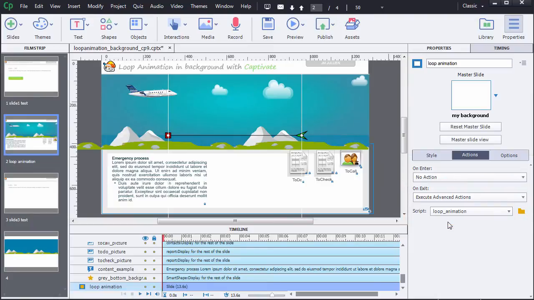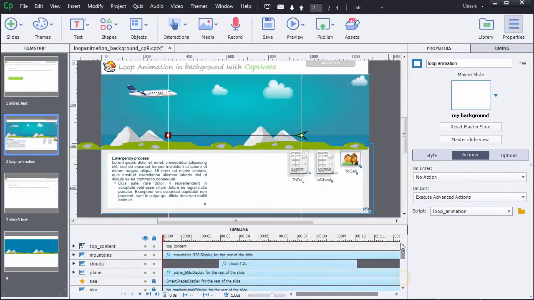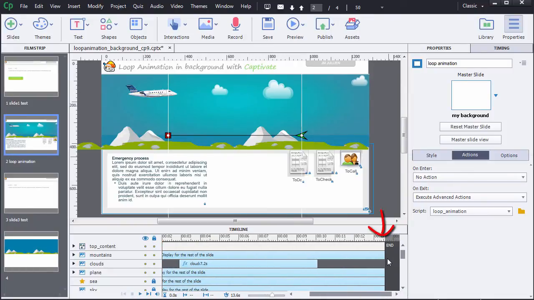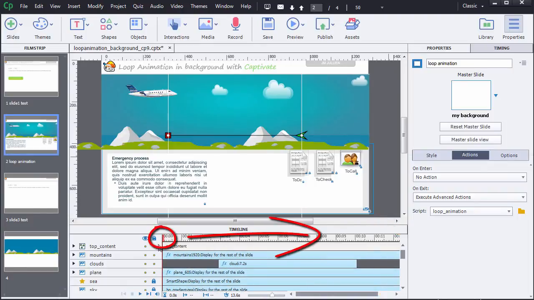I've created it with the following logic. When the playhead arrives at the end of the timeline, I send it back at the beginning of the slide so that the animation plays again. That means that it can be endless. But to create such a script within a project that contains several slides, we need to know at which frame number the relevant slide begins in order to send back the playhead on the right frame. I'm going to show you the created script in few seconds, but it's important to know before how we can identify a frame number within a slide or a project.